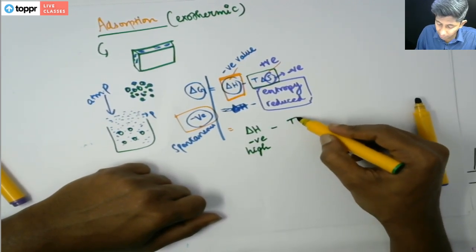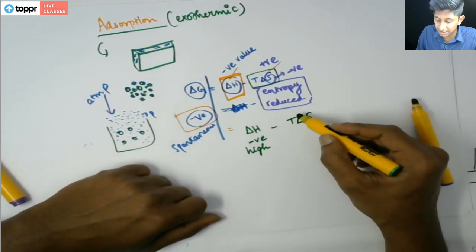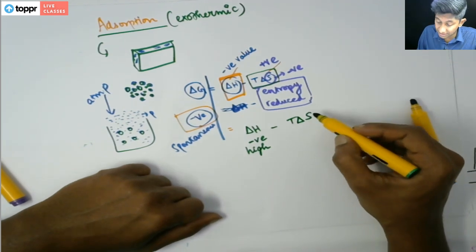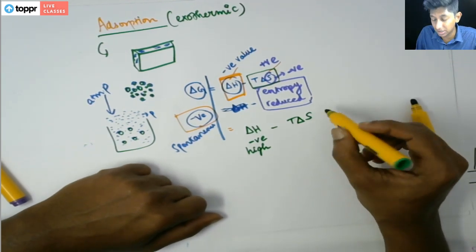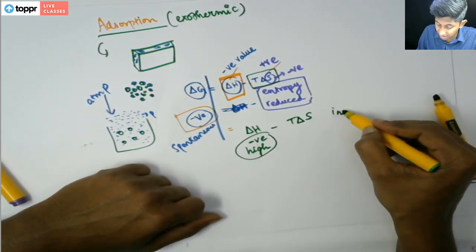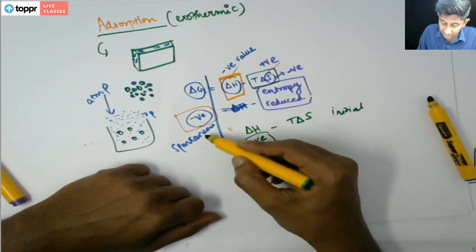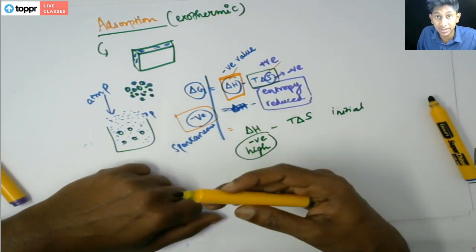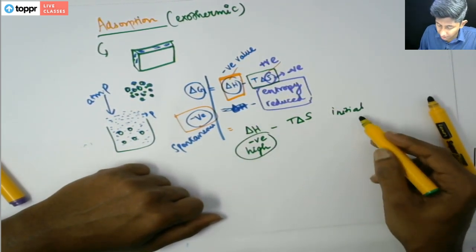And here you have a positive value, T delta S, which is obviously still a significant number, but at the initial stages delta G is highly negative, so it happens spontaneously. But after some time, what happens is